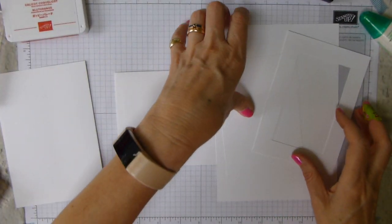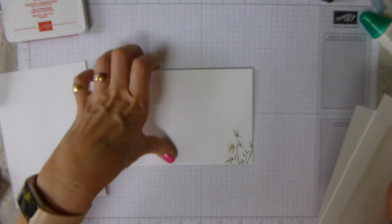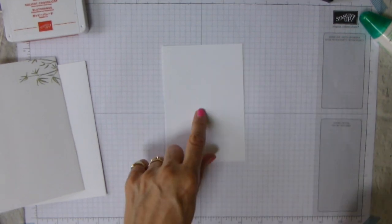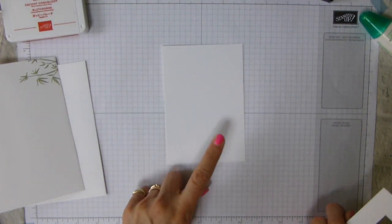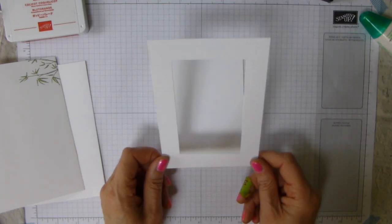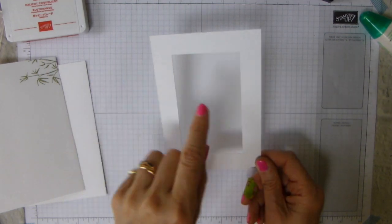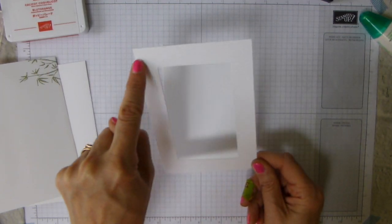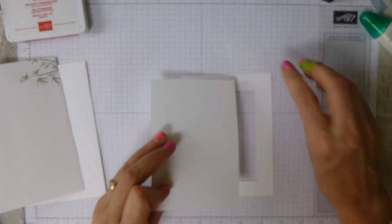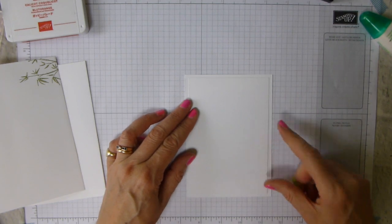So what are we doing and how are we doing it? I wish I knew. So this is my usual size small mat, which is 5.5 by 3 3/4. I have cut from a quarter sheet of A4 cardstock a frame, and having cut it out, I've cut a 2 centimetre frame. So I've got this piece as a spare. All I'm going to do is pop that into the middle of my frame,